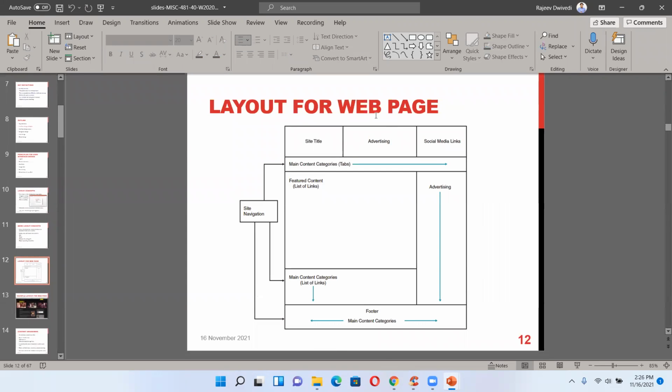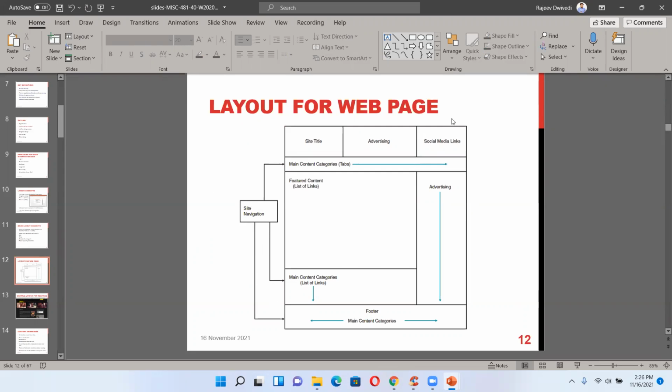So this is, for example, a layout for a web page. Site title, advertising right here, social media links right here, main content tabs are here, and here feature content like links, advertisement is right here, main content is here, main content categories at the bottom, and on the left side you can see site navigation.